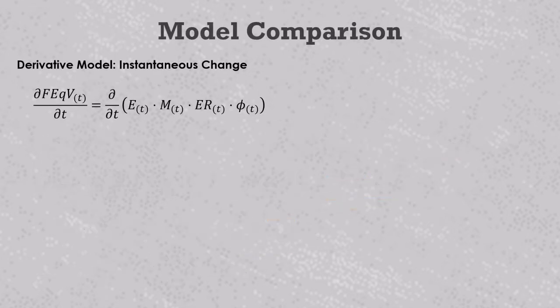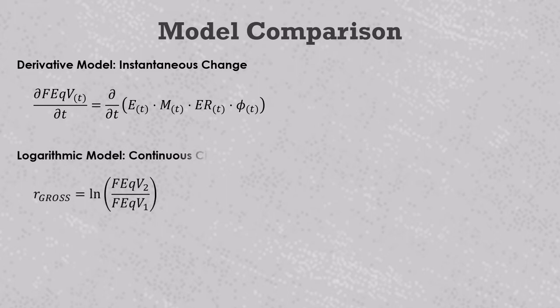In the derivative model, we looked at the instantaneous change in fund equity value and used some basic calculus to measure how absolute change is driven by absolute changes in EBITDA, valuation, equity ratio, and fund ownership percentage. In the logarithmic model, we're looking at the continuous change, which is the natural logarithm of FEC V2 over FEC V1. This looks a little funny, but it's not too far from the traditional percent change measurement,